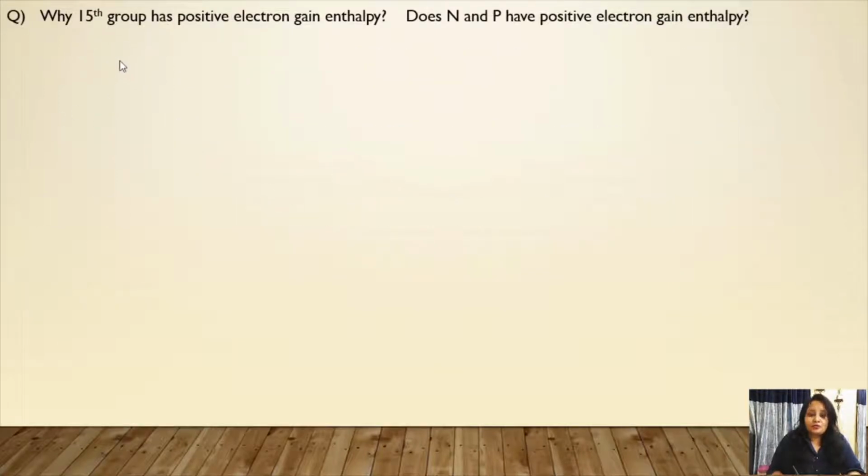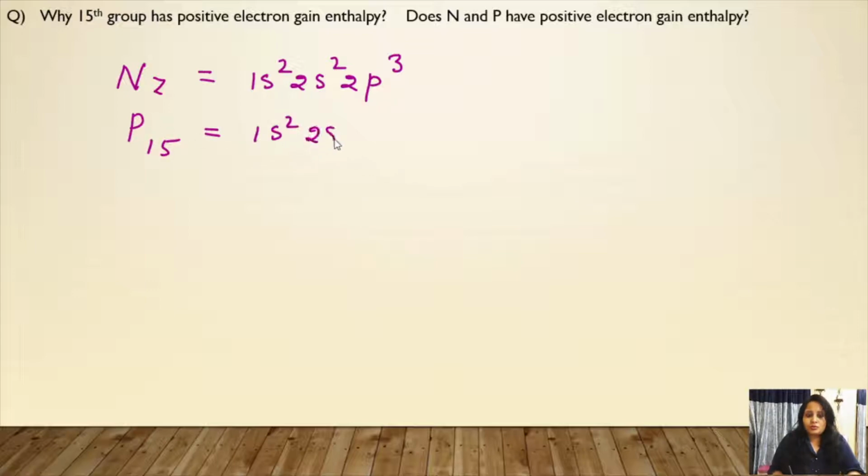So we are talking about 15th group. 15th group means nitrogen and phosphorus. Nitrogen has 7 electrons, 1s2, 2s2, 2p3. Phosphorus has 15 electrons, 1s2, 2s2 and 2p6, 3s2 and 3p3. Now,